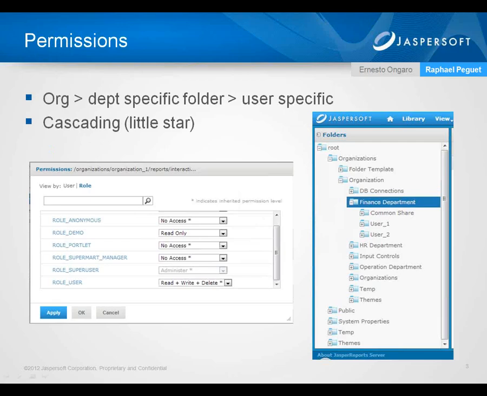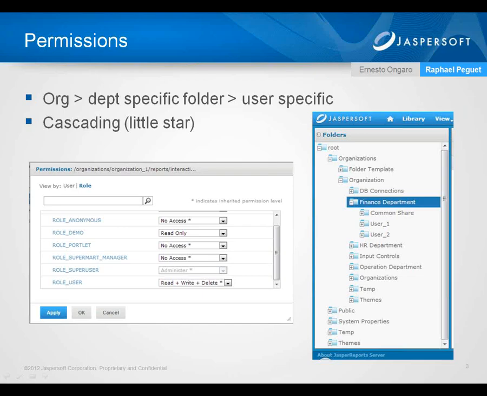So first, I'm going to talk about permissions. So for the repository, I imagine the first step is how would I build my repository so that I can best manage the security on it. JasperReports Server can hold users, and we can tie those users to roles. So to best use those roles, I would advise to build the repository the way you would have one folder in the repository per role, so that you can have